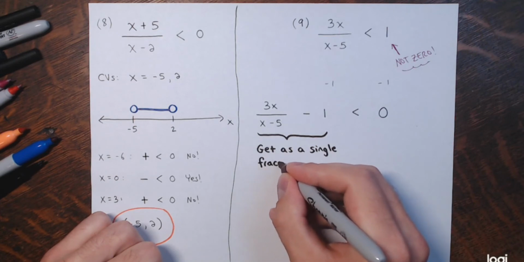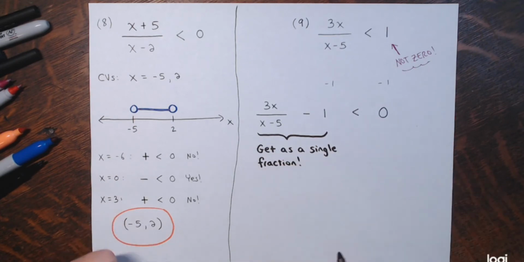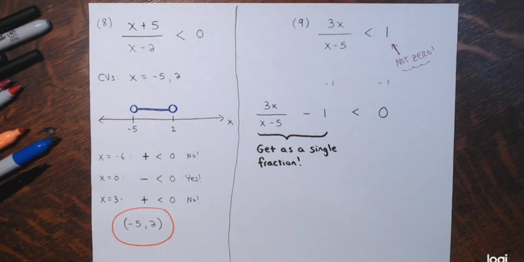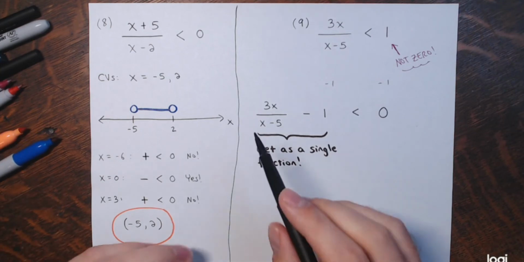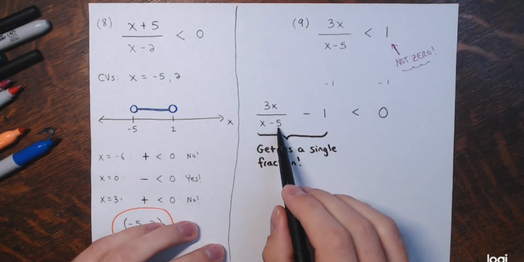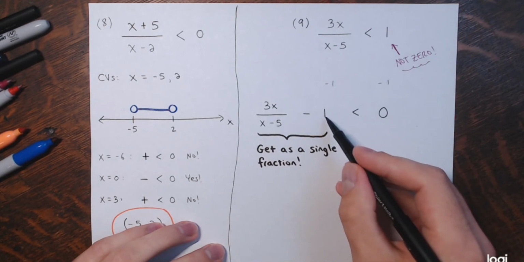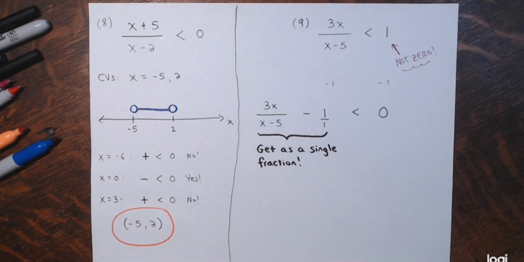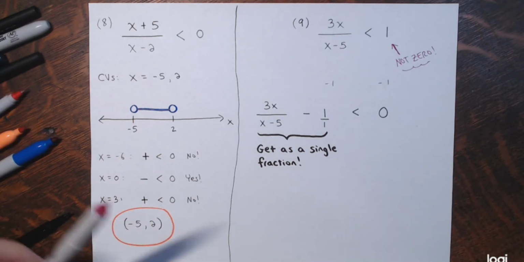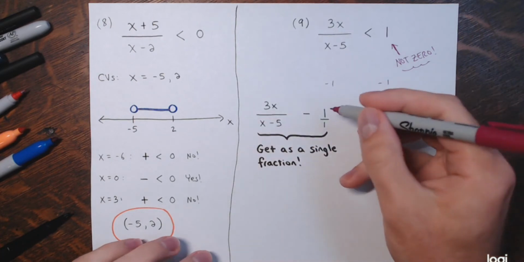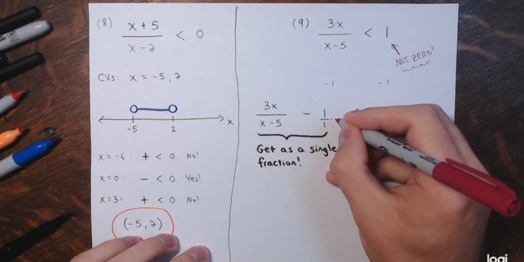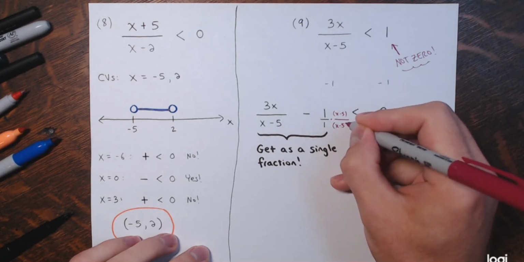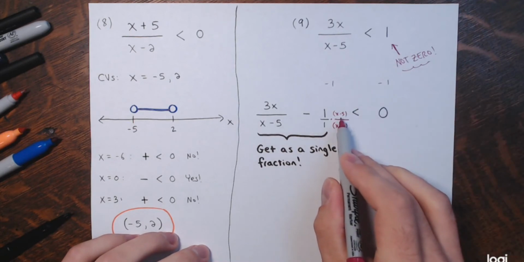One numerator, one denominator. So remember, when you're adding or subtracting, you need a common denominator. Well, this first fraction has a denominator of x minus 5. The second fraction, 1, has a denominator of 1. So in order to get the two fractions to have the same denominator, I'm going to multiply 1 over here by x minus 5 in the numerator and x minus 5 in the denominator. And notice it is the quantity x minus 5